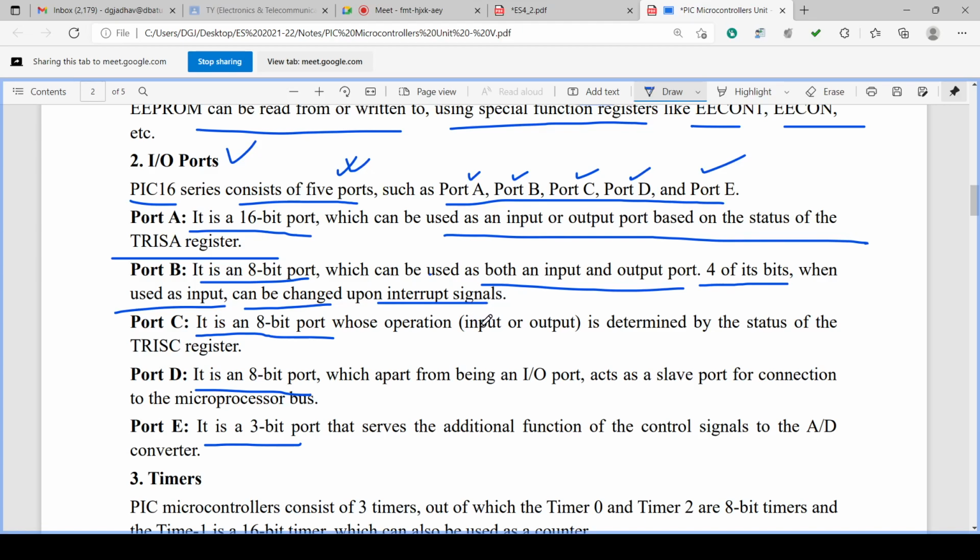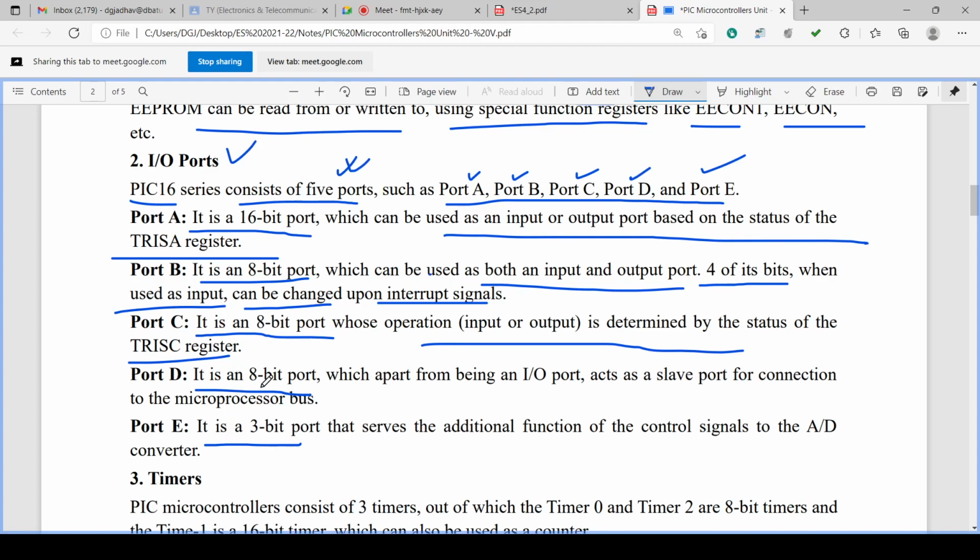Then port C is an 8-bit port whose input output operation is determined by the status of the TRISC register.